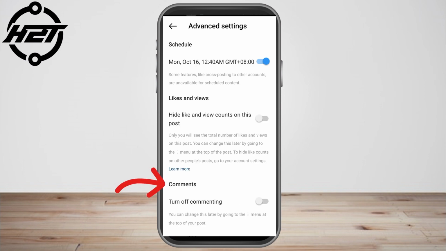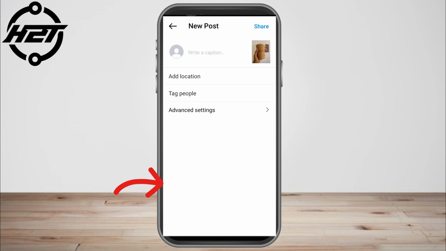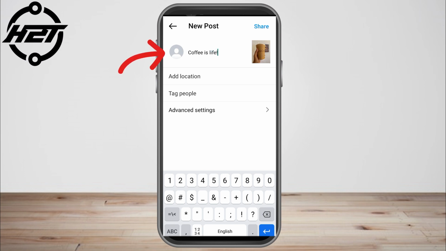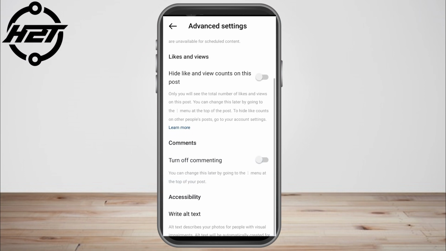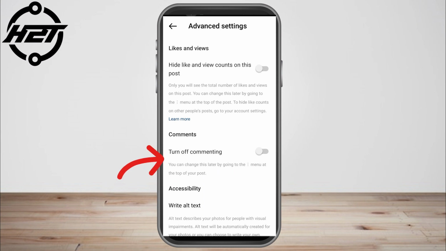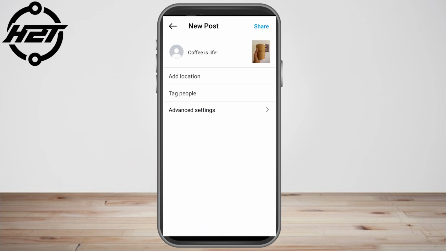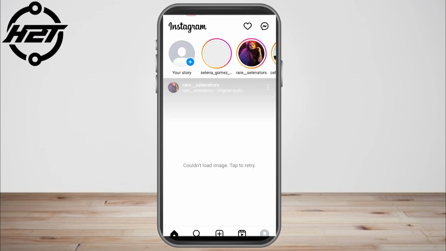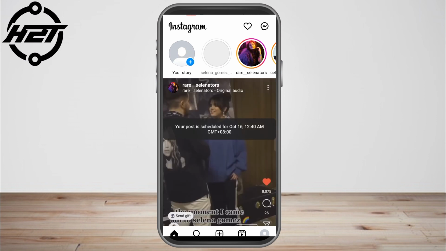So that's it. Now, if you want to add location or add some captions, you can simply add captions here. You can tag people here if you want. And then after that, all you have to do is just simply click share. Now, if you want to edit something or change something, you can go back to advanced settings. Now, once done, tap share and you can go back to your Instagram to see the status or to see